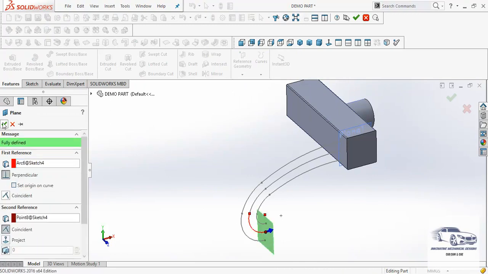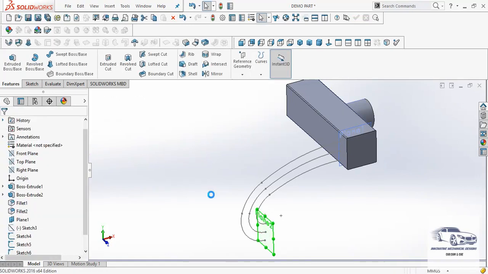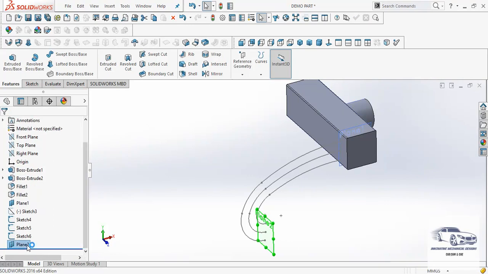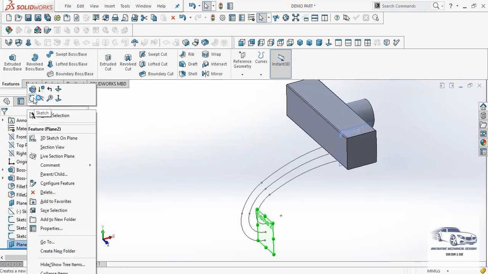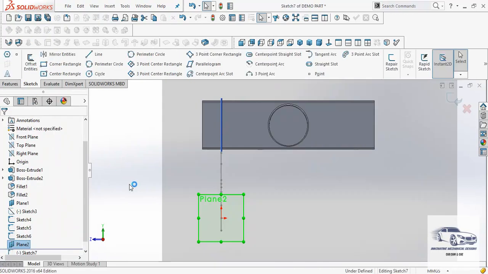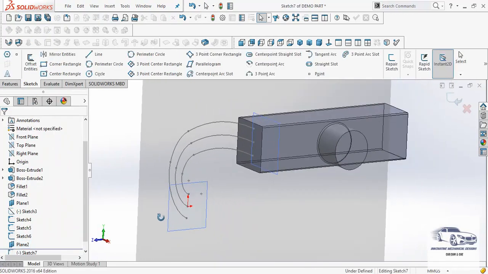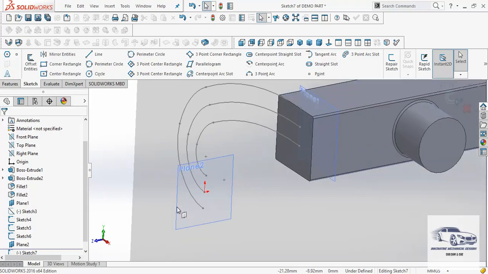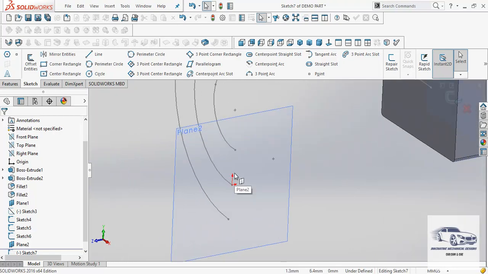So here we have got a plane which is normal to this particular arc, passing through this particular point. Now I will create again a sketch. Here I will slightly rotate the sketch plane so that I can view the arc points easily.